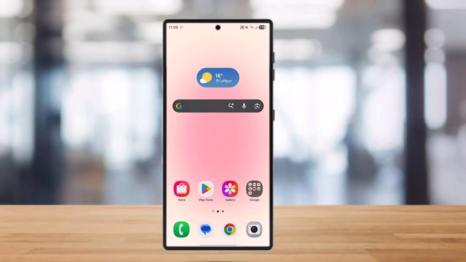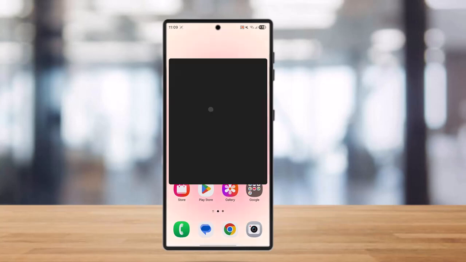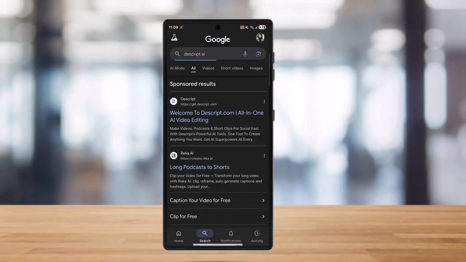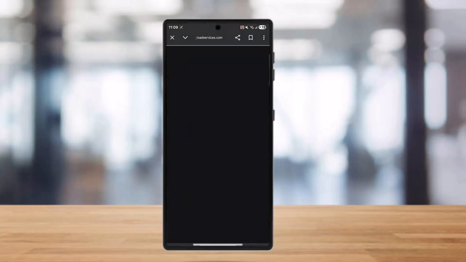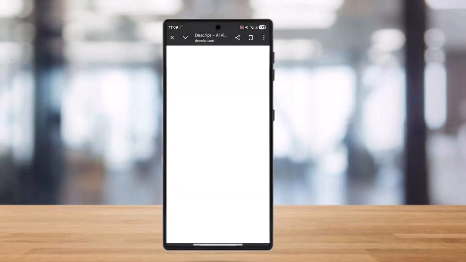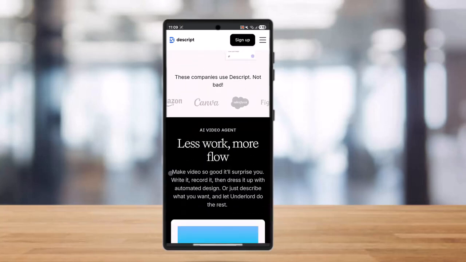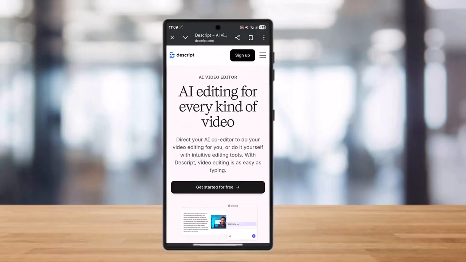So if you want to create subtitles instantly in Descript, then all you gotta do is simply open your Descript. Once you open your Descript AI, all you gotta do now is simply upload your video. You need to upload your video and let the AI transcribe it. Once it has transcribed the video, you can then use the dedicated caption panel on the right to select a